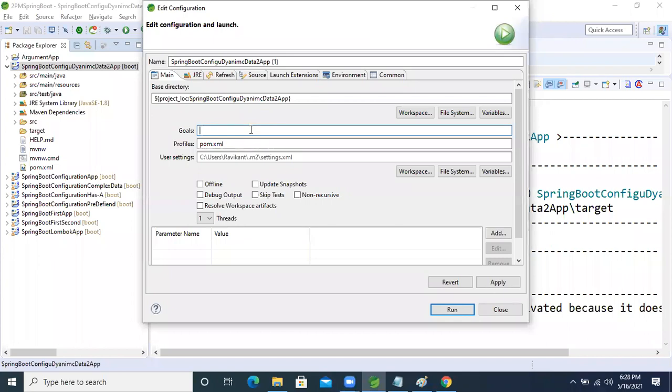Global goals. What can we give the goals, guys? Okay, what is the Maven goals? Apply and then run.